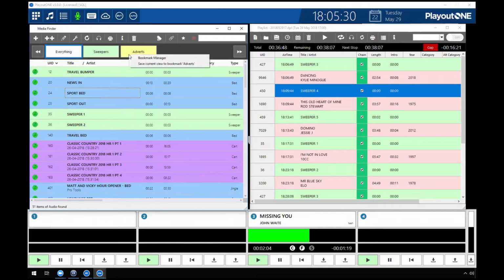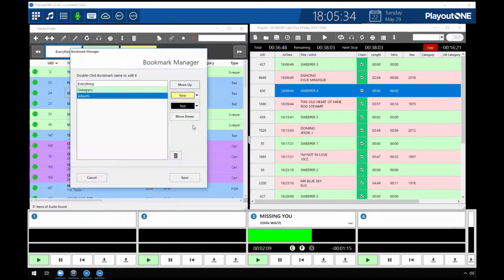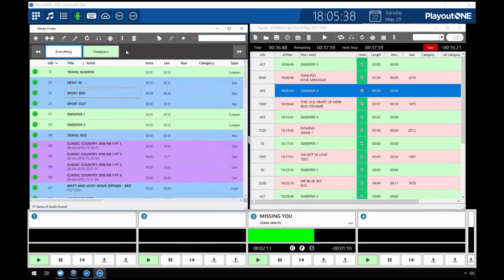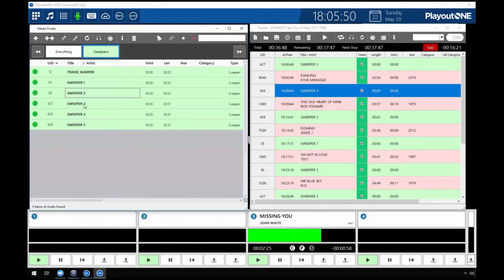So what we've done is given you a completely new way of managing them. So I'm going to just go into the bookmark manager. I'm going to delete adverts, so I'll show you actually how I can create that. And you can see it's disappeared, which is superb because that's what we wanted it to do. So we've got everything there, which is, as it says, everything. That one appears as a default bookmark when you start up this new version of PlayoutONE. If you click on sweepers, you can see we've already created the bookmark and it's just showing me the sweepers,